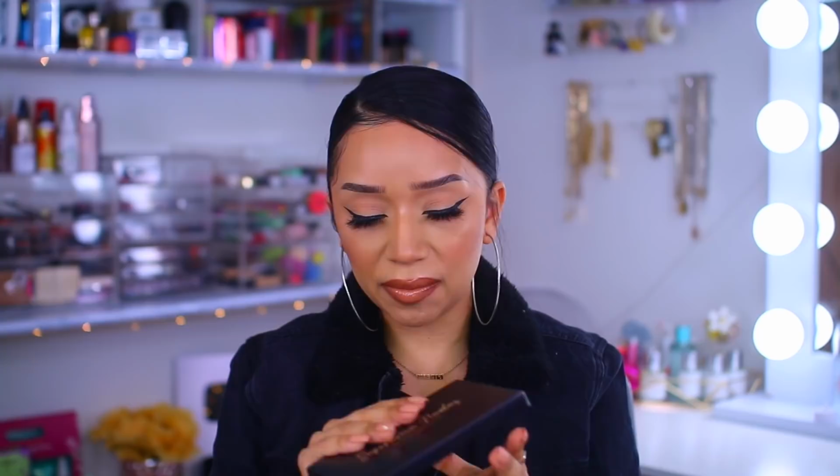I don't know. I really liked it though. I am happy with my purchase. The next product, this is something that I've been wanting for so long, and I didn't want to buy it because I was like, I don't need it. I'm sure I have tons of colors like this palette,